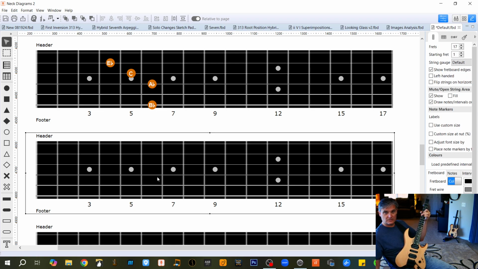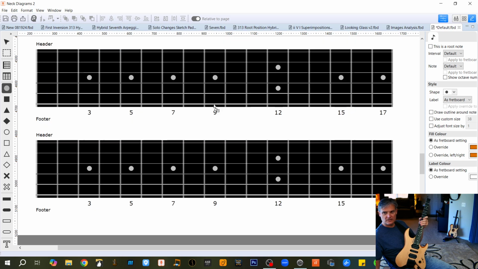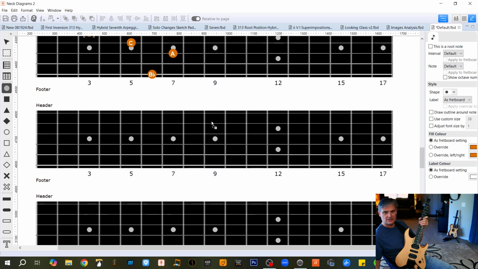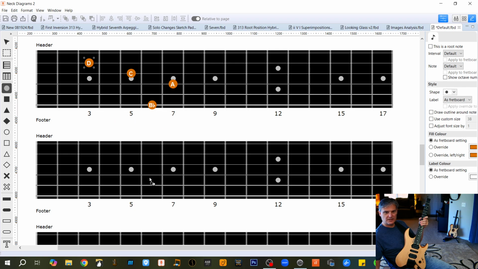Okay, and then so now what I did was I still got that here. Hopefully I don't run out of space. No, I'm not. Okay. So I got the B flat major 9, and then I go to A flat over B flat. So let's say this was a B flat Lydian sound. Okay. And this could be like B flat Mixolydian, or it could even be B flat Aeolian,